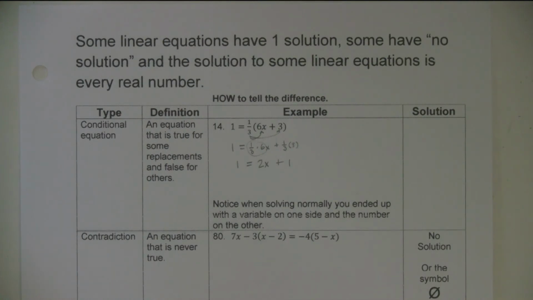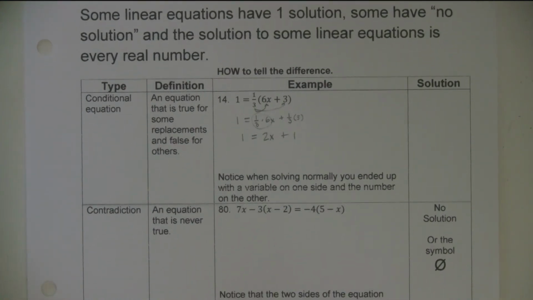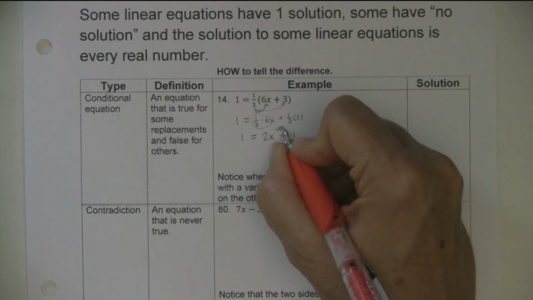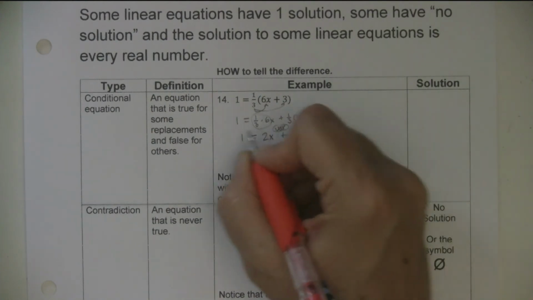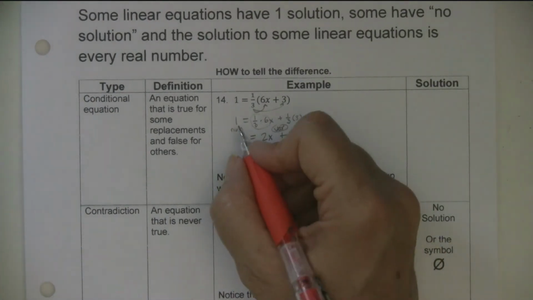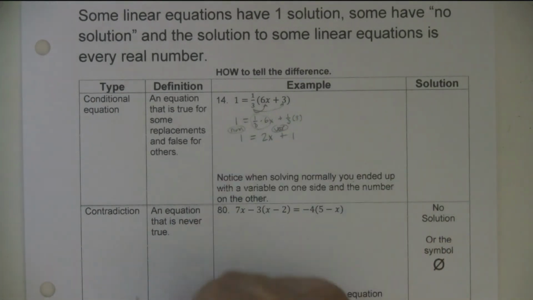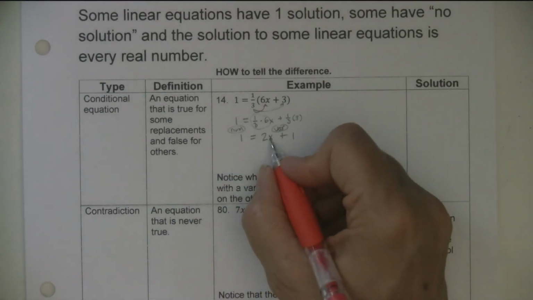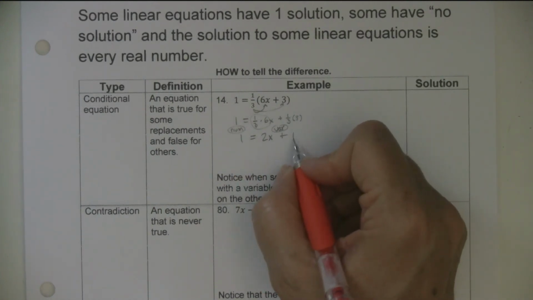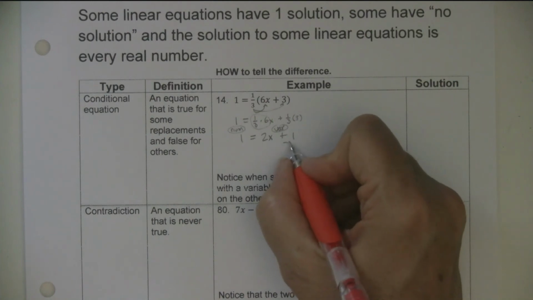So I want to get the variable on one side and the numbers on the other. But the variable is only hanging out on the right. So I'm going to go ahead and put the variables on the right. That's the only time I choose to put the variables on the right, when they're already there. And I'm going to put the numbers on the other side. And so 2x is where I want it, 1 is where I want it, but this 1 right here is not in the correct spot. So I'm going to take away 1,